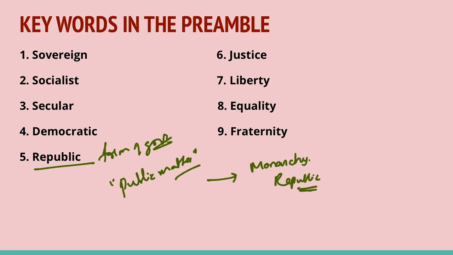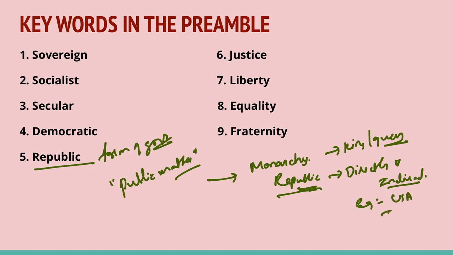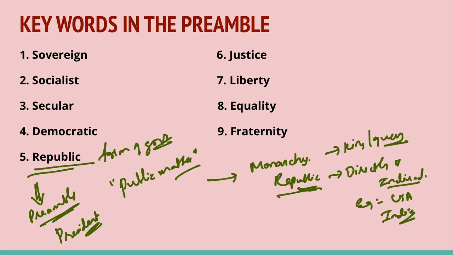In a monarchy, the head of the state, usually the king or queen, enjoys a hereditary position, that is, he comes to office through succession, for example Britain. And in a republic, the head of the state is always elected directly or indirectly for a fixed period of time, for example USA, India, etc. Therefore, the term republic is mentioned in our preamble. It indicates that India has an elected head called president, and he is elected indirectly for a fixed period of